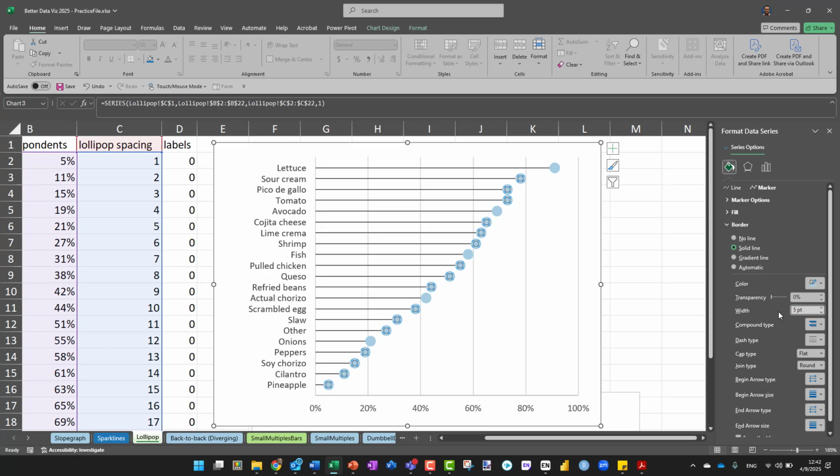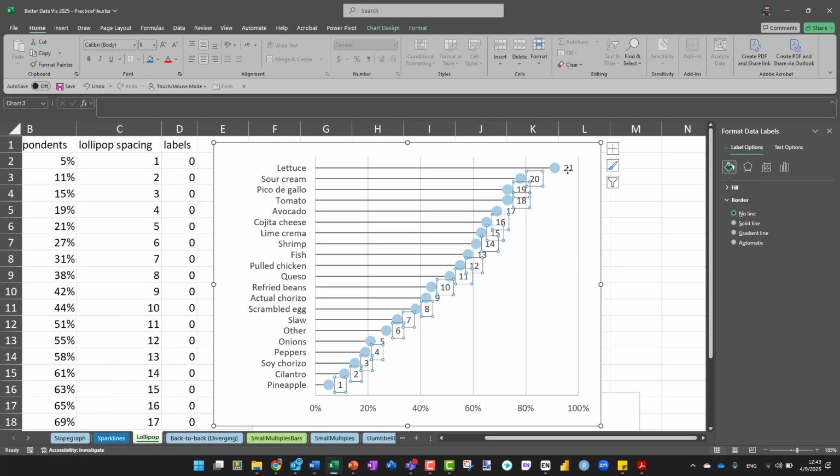And next, we can add values as a label. So if you just right-click it, you can add data label. And it's showing you those numbers, right, 1 through 21. That's not what I want to show. So if you click the labels and go to Format Data Label,